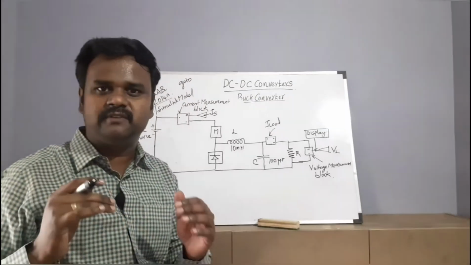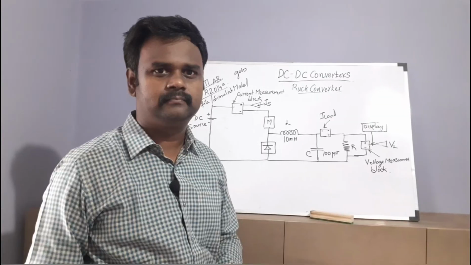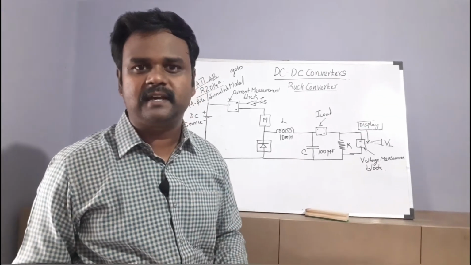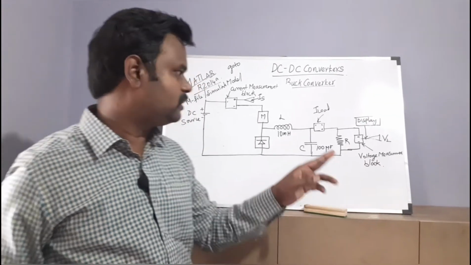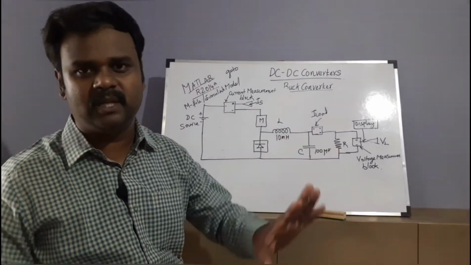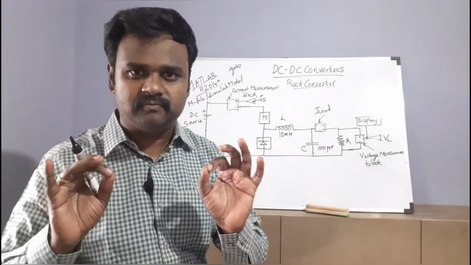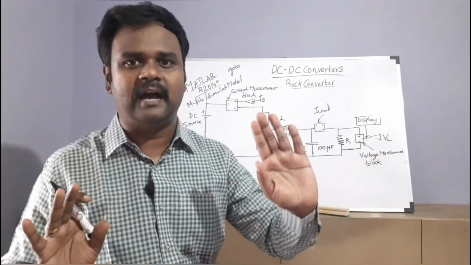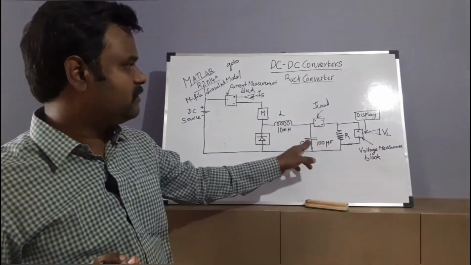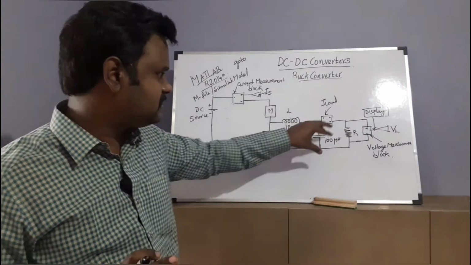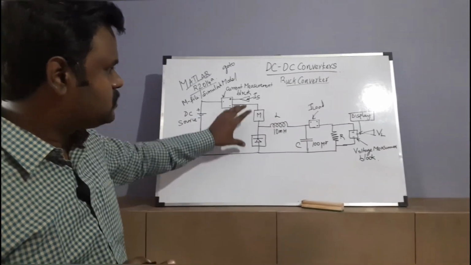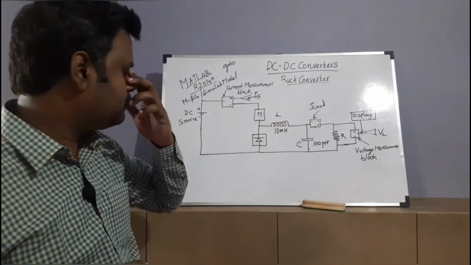Whenever you are using the switching frequency at the higher end, whenever you are using a high frequency, right, 100 kilohertz, your requirement for inductance and capacitance will be minimum. So our optimum choice is to go for higher frequency, so that these values can be reduced. All of this is enough for a power circuit. So you can take all these components from your library. Nothing else is needed.